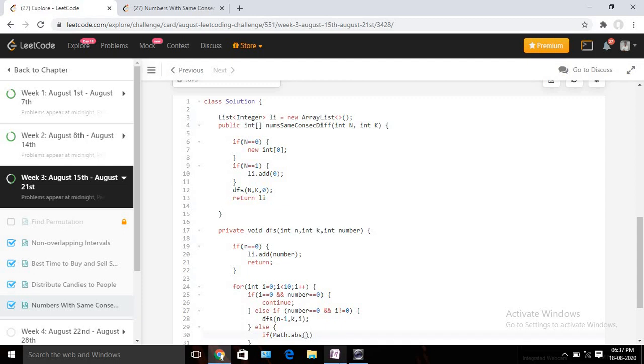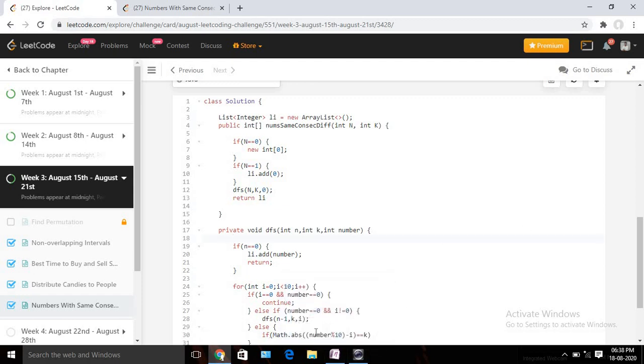So whatever the number value is, number percentage 10, meaning we take the remainder, minus i, equals k. Using this we are checking the consecutive difference.